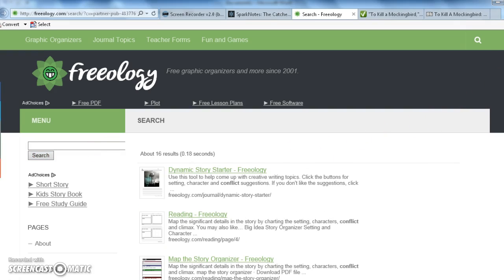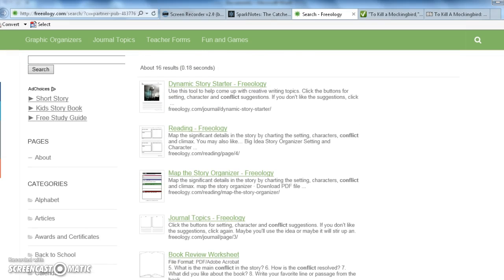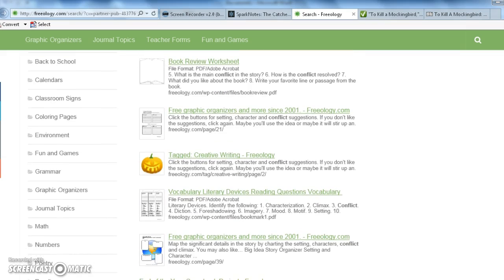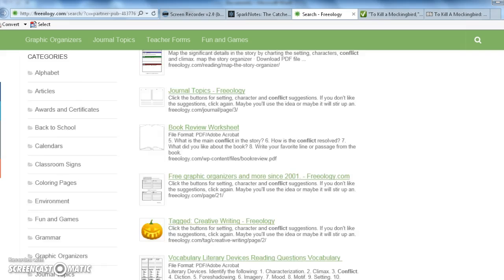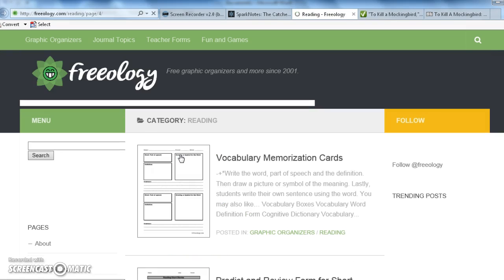And you can see a list comes up of mapping the story, dynamic story starter. And these are all free. You can download them very easily. I'm going to pick this one here. It says map the significant details in the story, setting, characters, and the conflict and climax. So you click on the highlighted words